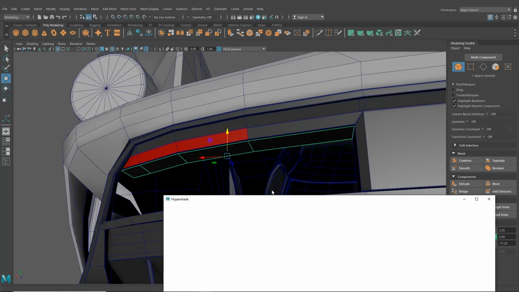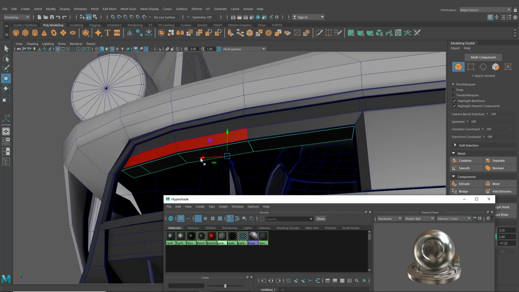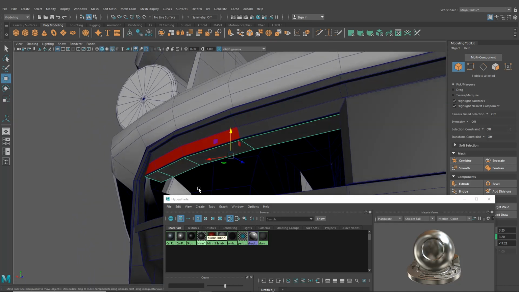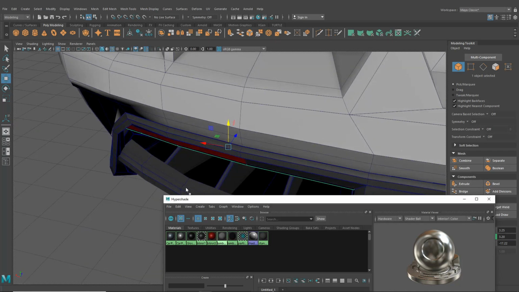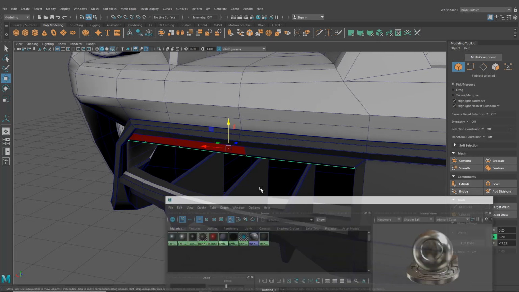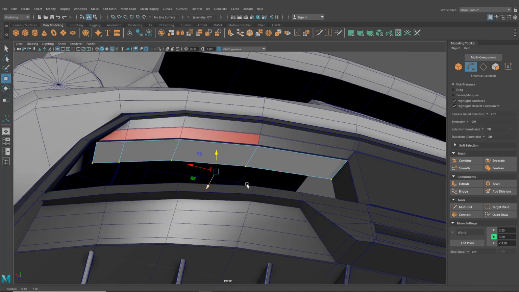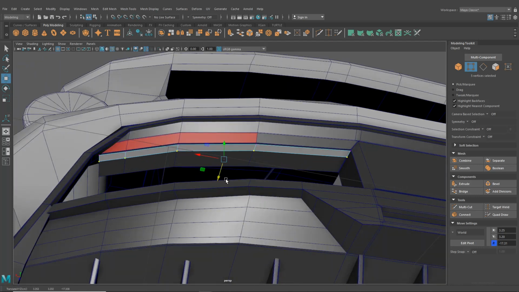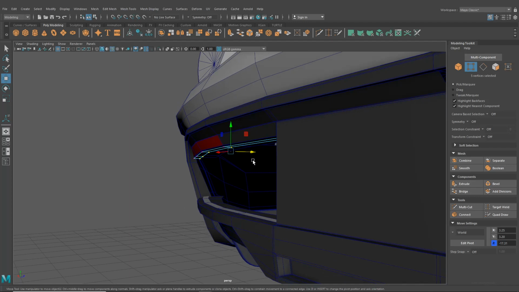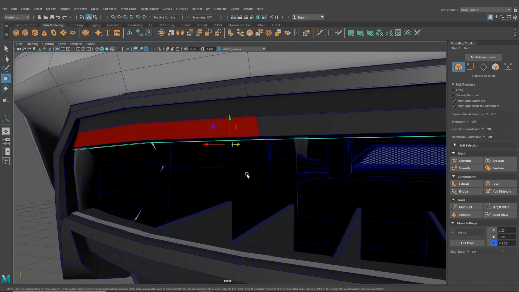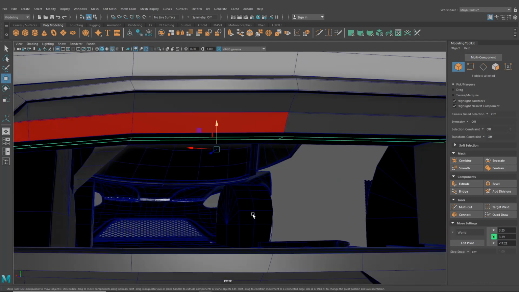I'm going to as well just assign the usual Lambert to these, just so it's a bit easier to see. Yeah, take all of these. I'm going to pull those backwards as well. Okay, and once we're happy with those, I'm thinking maybe a little bit more of a gap